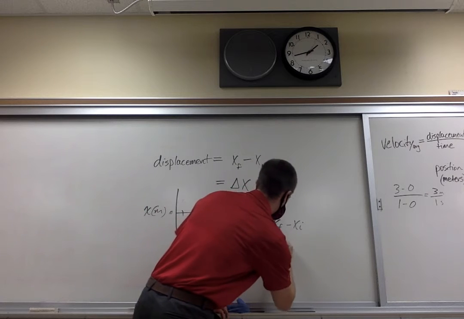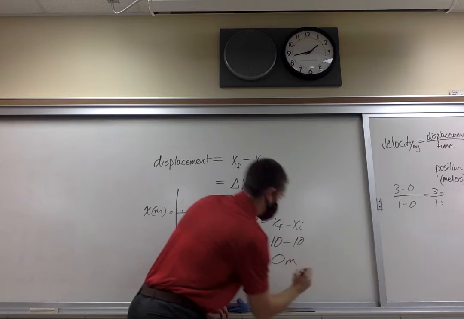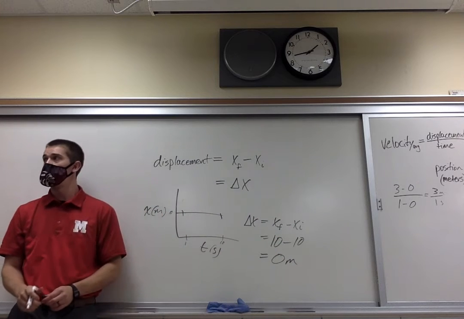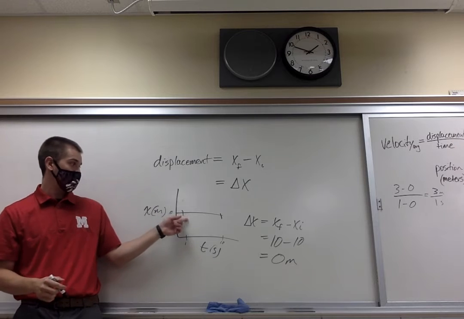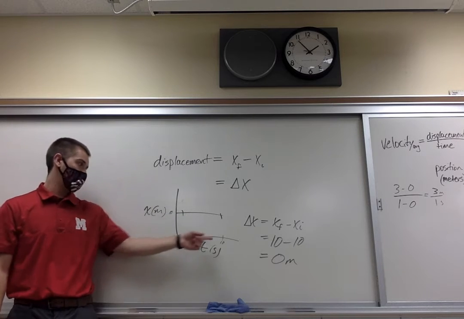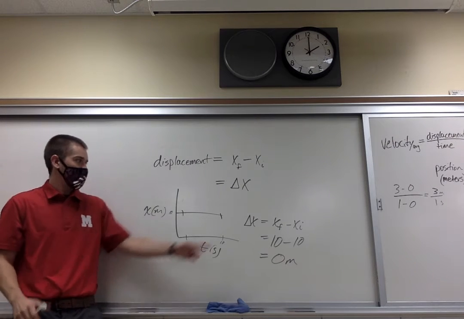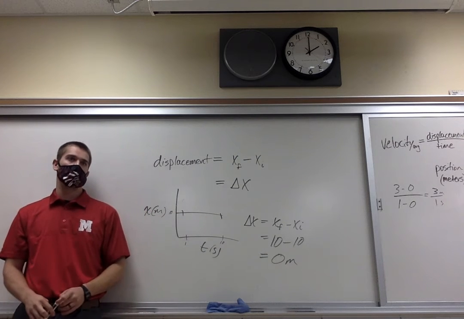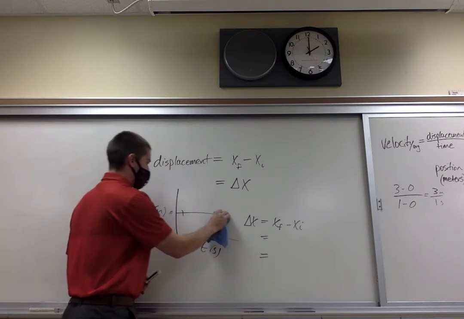So I'm going to do 10 minus 10. Does that make sense? If you are given this and asked for a displacement between times 1 and 10, the displacement is how your position changed. Now, if I change the position-time graph,